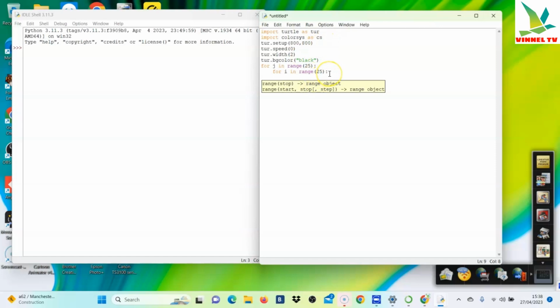Let me see, for I range for 24. Or should we, let's bring it down to 15. Let's make it 15. So the next one, I'm going to do tool.color, bracket open and close. Do cs.hsv_to_rgb, bracket open and close. So we come in here, we do